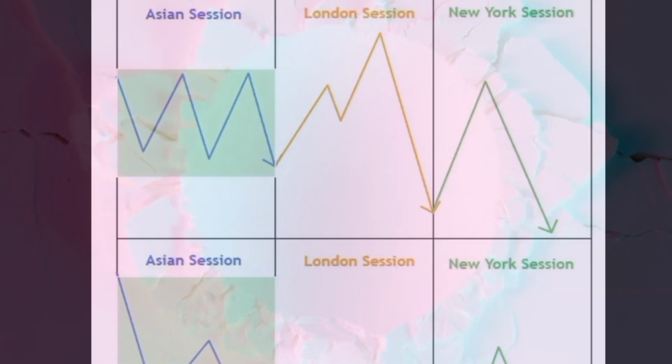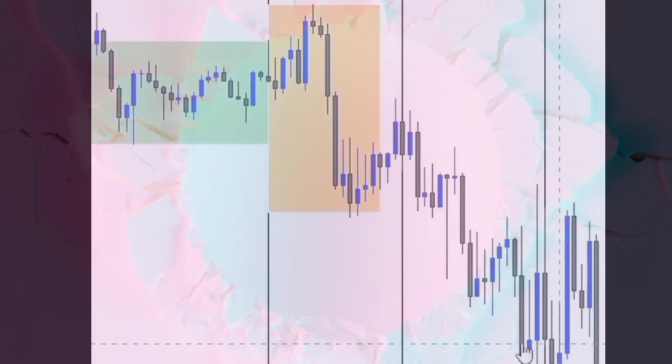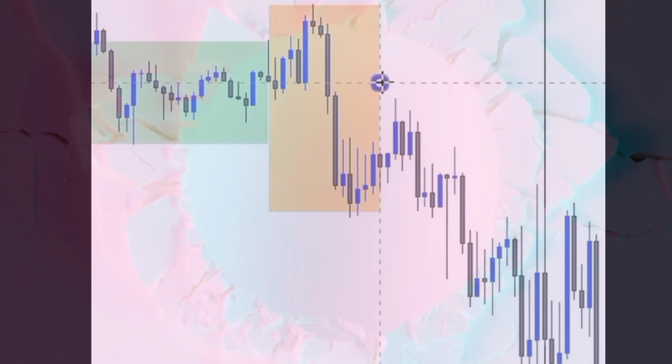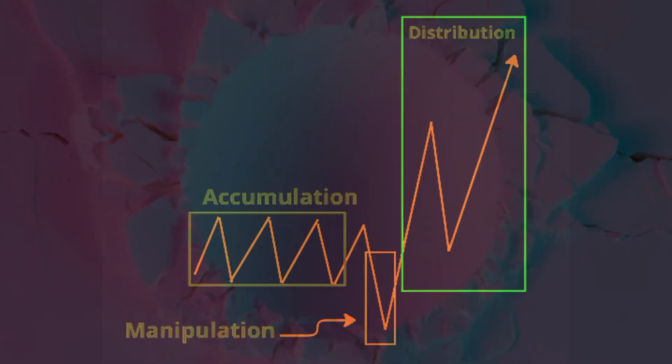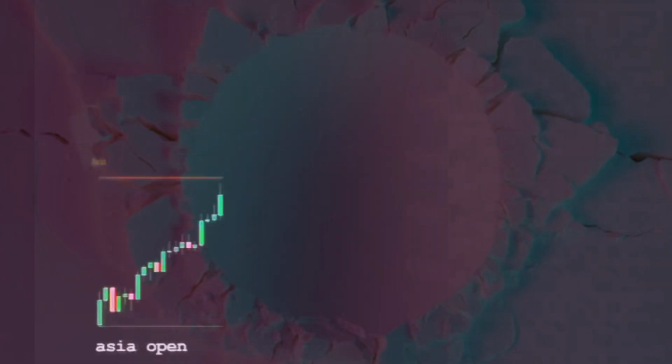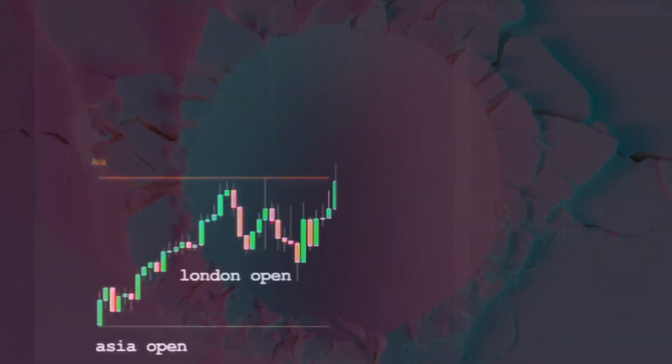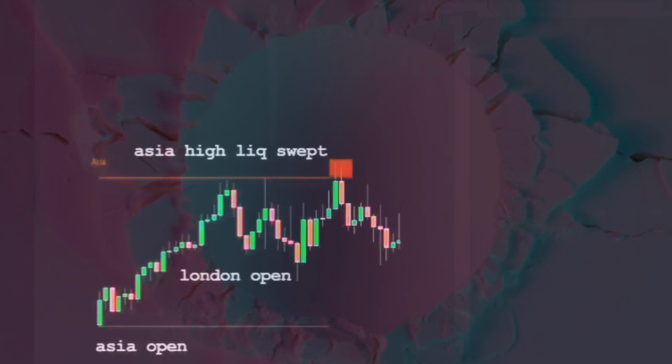Now, let's understand these 3 giants in the market, which is also called the power of 3, in depth, for the sake of those who have never heard it before, as we look for examples. ICT power of 3 is the strategy which exposes the smart money traps for retail traders. As we all know, as retail traders, we are trading against the smart and informed money,